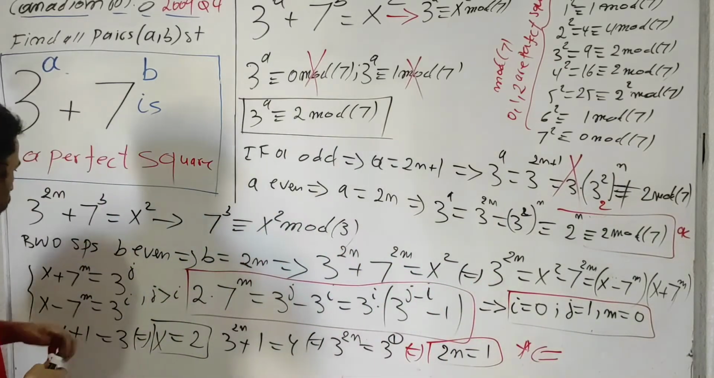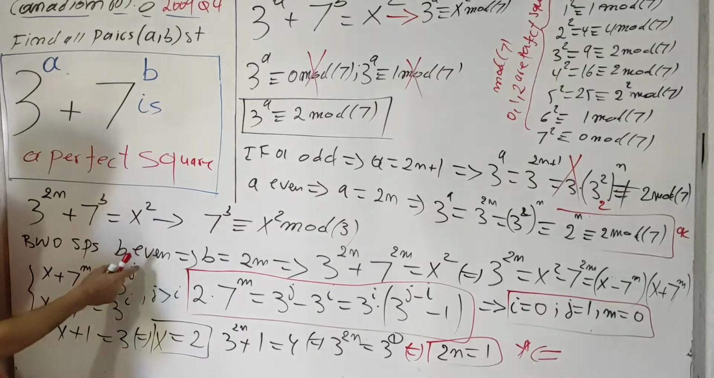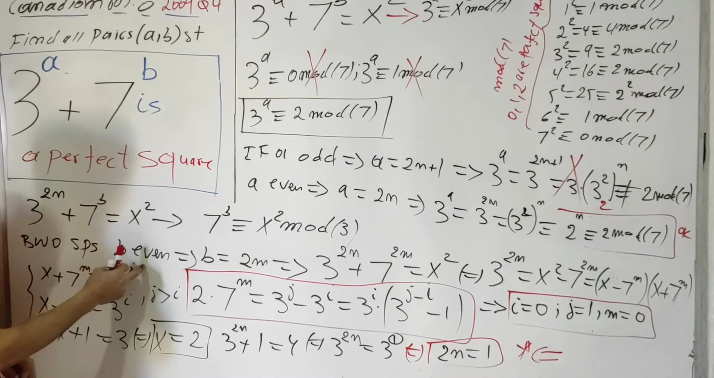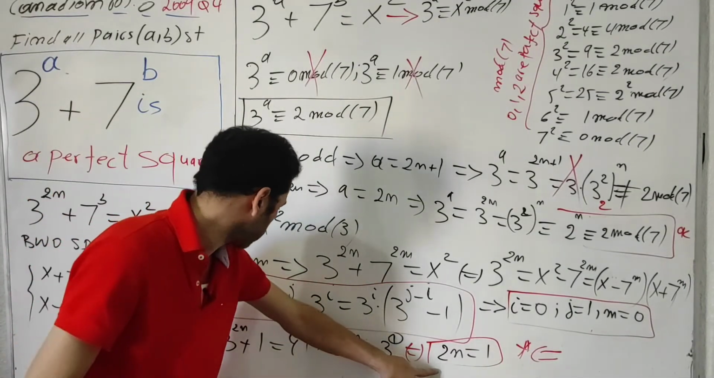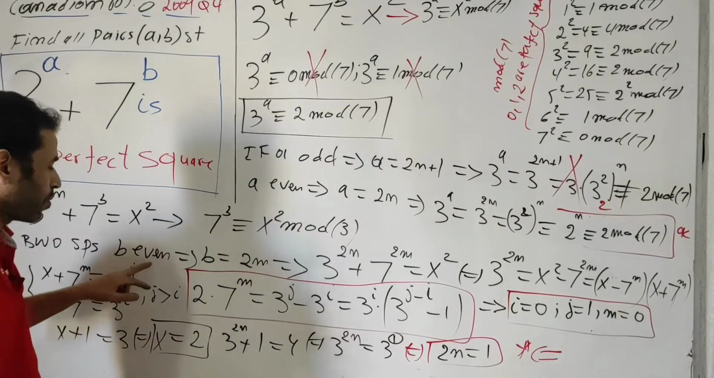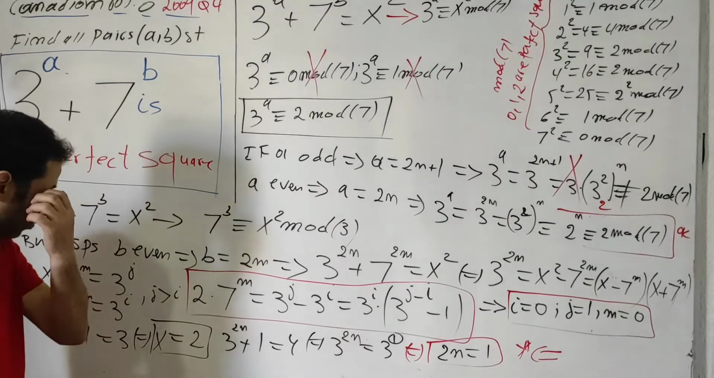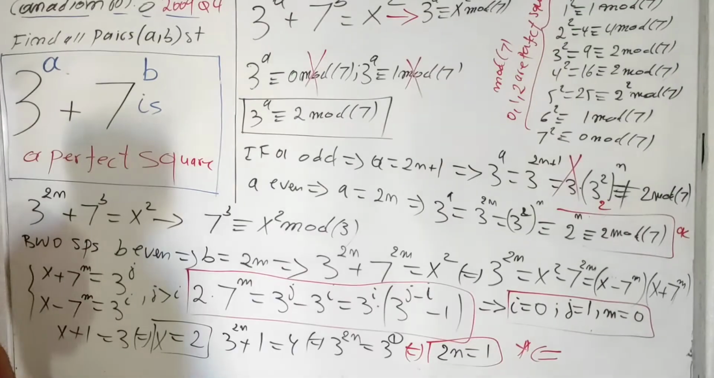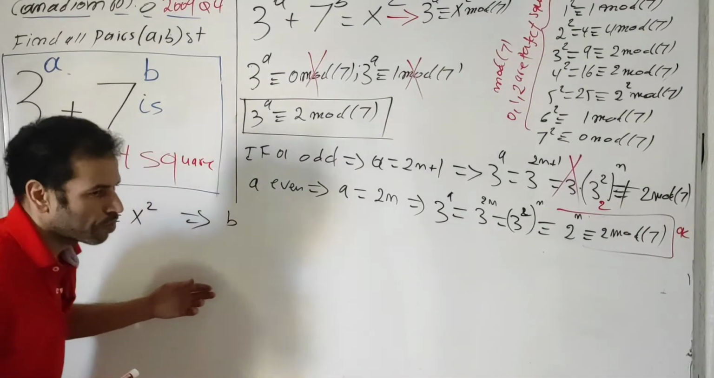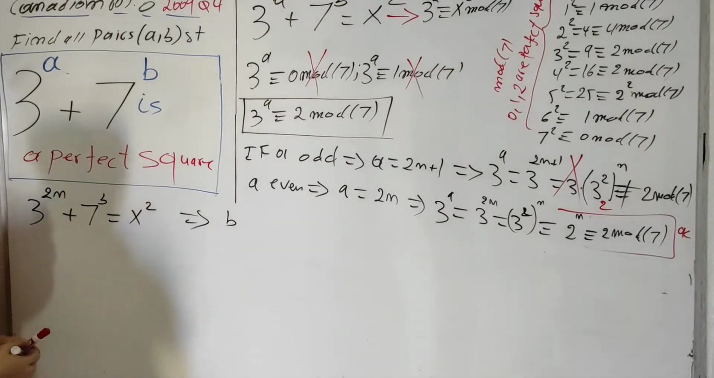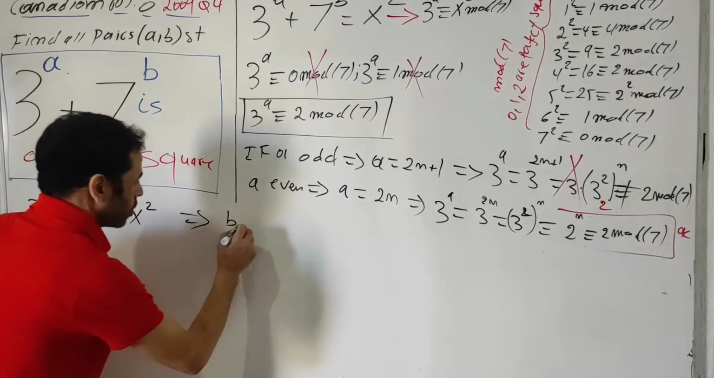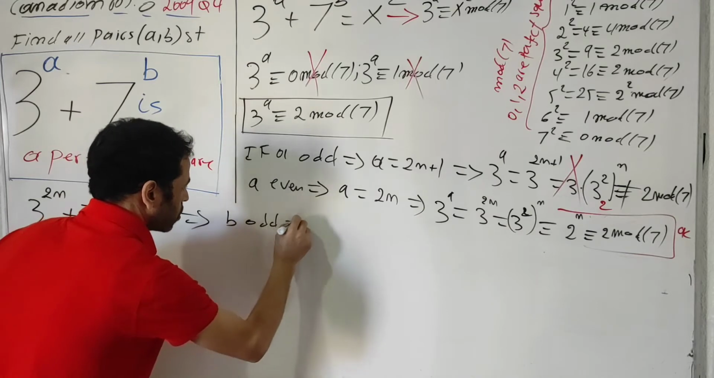Which assumption do we contradict? We contradict the parity of b. We assumed b is even, and that turned into a contradiction. That means b is absolutely an odd number. Okay, let's clean up this board and continue with solving our equation. In the last board, by way of contradiction, we proved b is odd. That means b equals